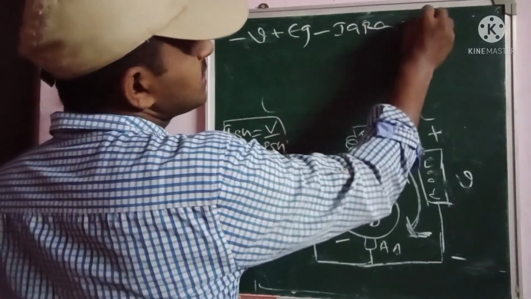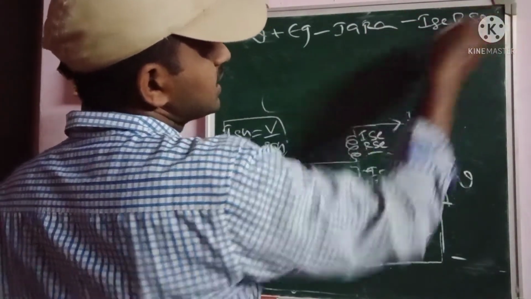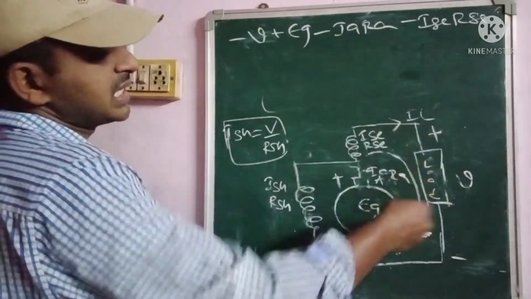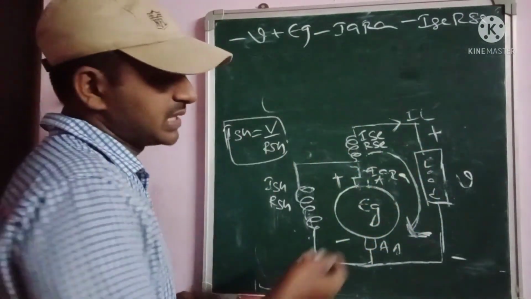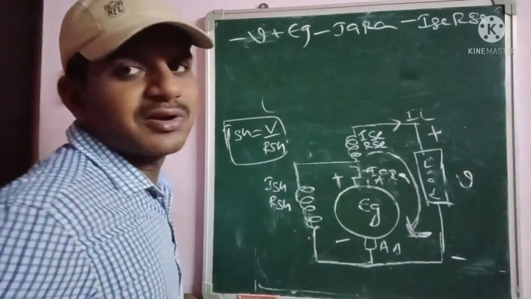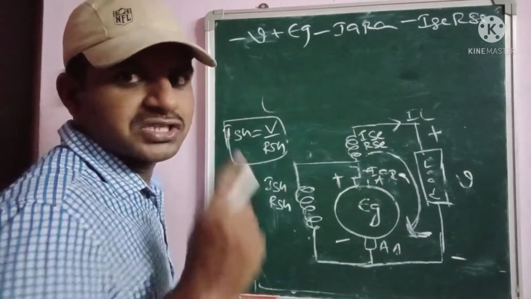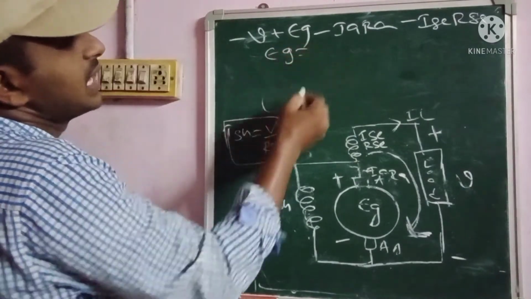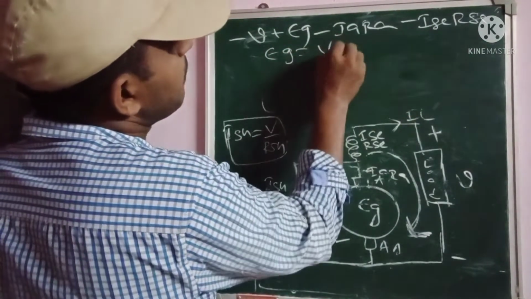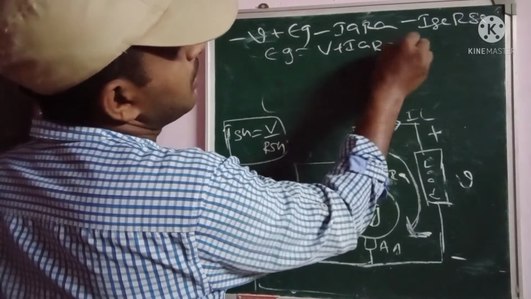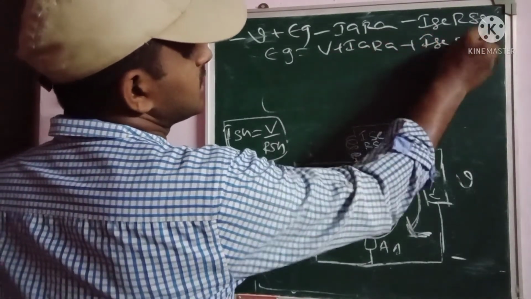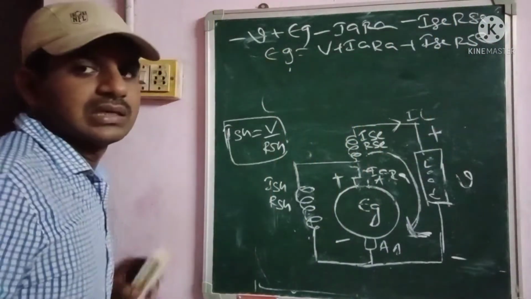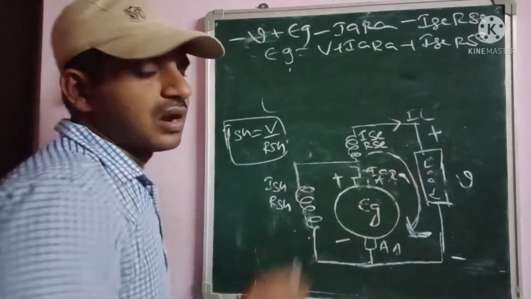Next one, minus ISC into RS. This is the generated EMF equation for the short shunt compound generator. From this equation, EG is given as EG is equal to V plus IA into RA plus ISC into RS. This is the generated EMF equation for the short shunt